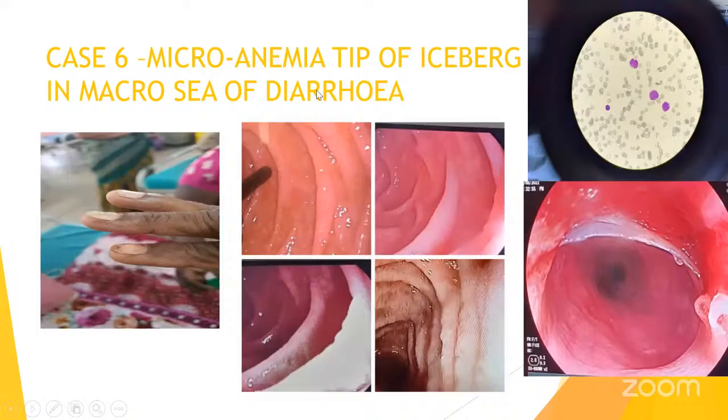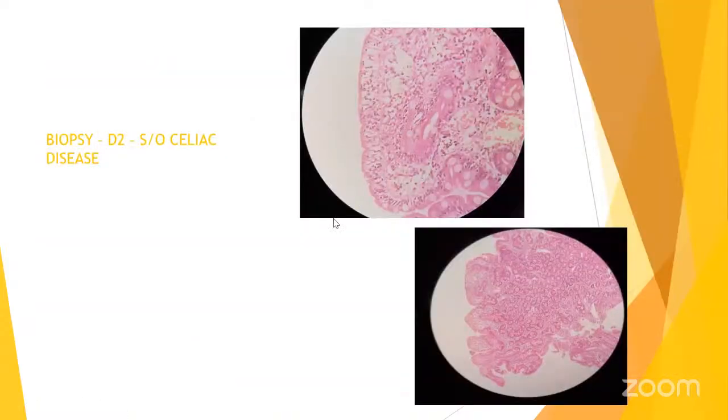This patient presented with anemia with diarrhea. So classical koilonychia, and there is classical scalloping of D2. And there was a post-cricoid web on endoscopy. So we took a biopsy from the scalloping lesion. It was suggestive of celiac disease. The classical villus pattern is absent. So again, on just stopping the gluten diet such as wheat, oat, barley, and rye, this patient's diarrhea improved.